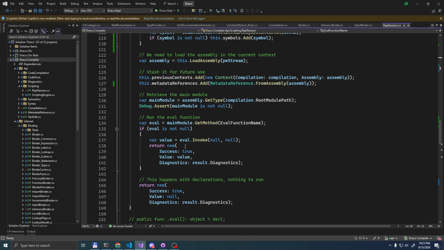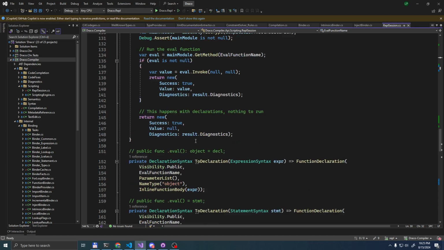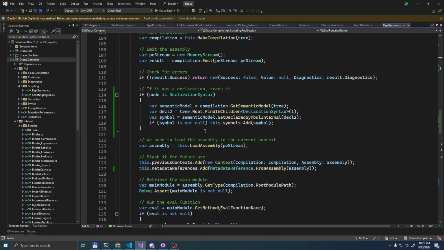And it's a source module. Of course, it will try to look for it in source. What we need to do is inject them as metadata references. So the incorrect part is somewhere here, yes.